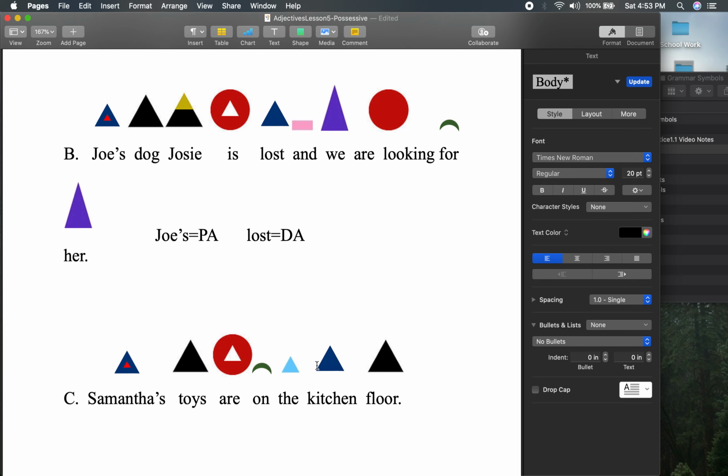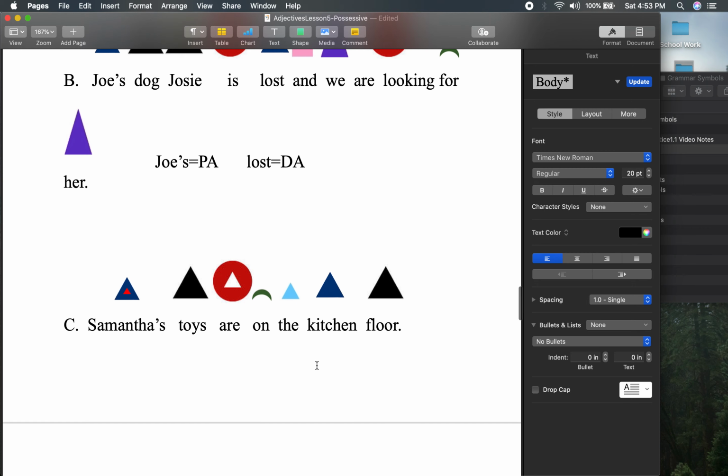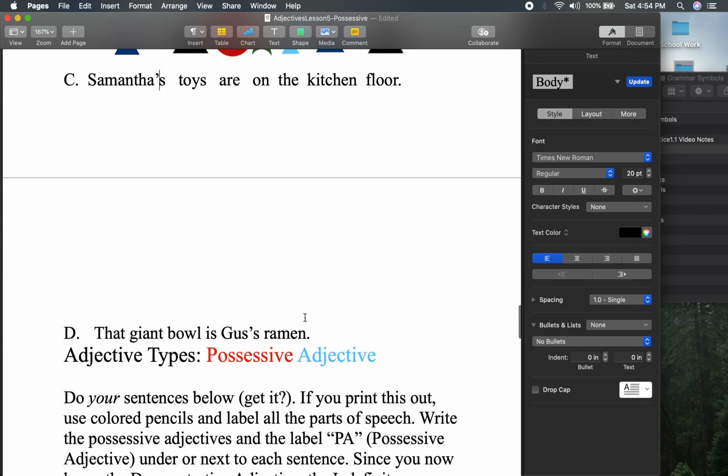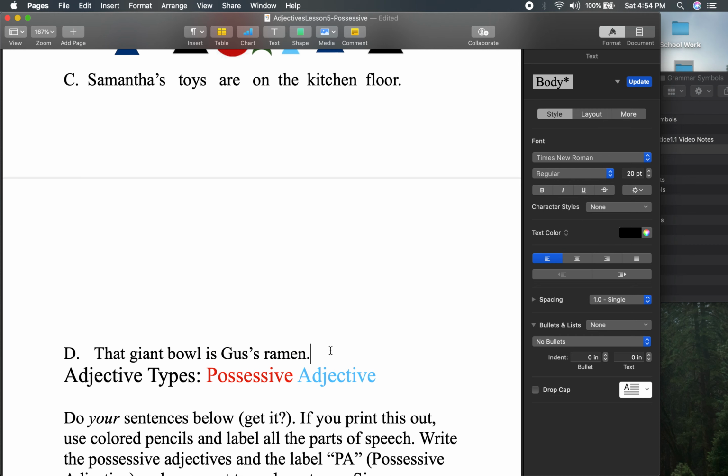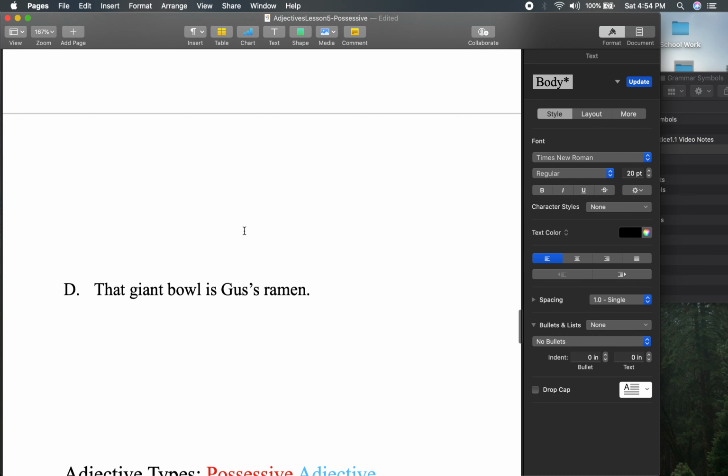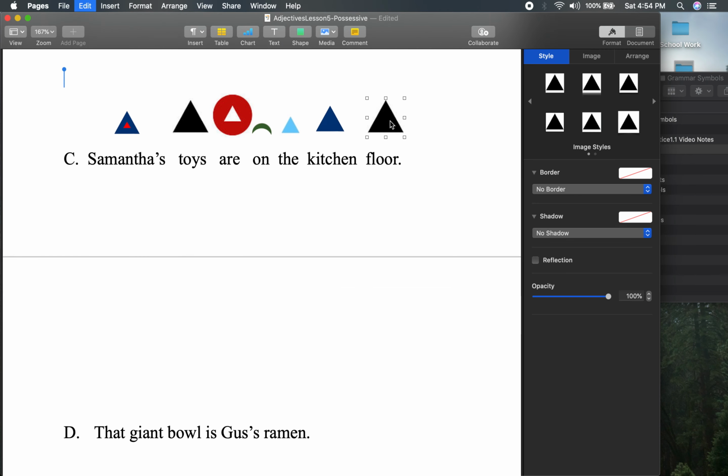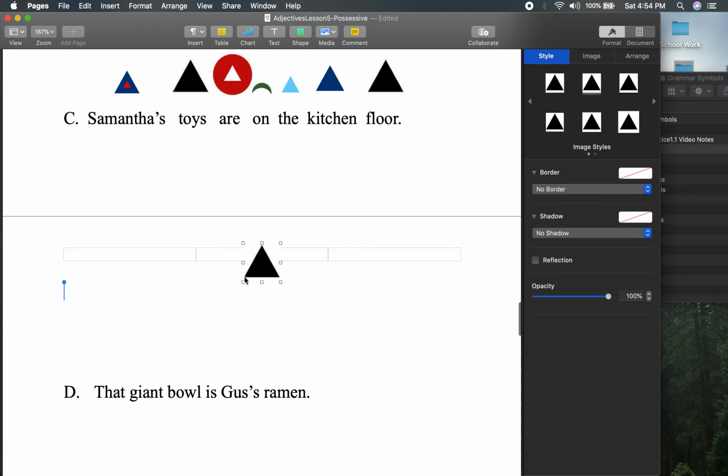Pick those toys up, Samantha. Okay. Oh, we have one more. That giant bowl is Gus's ramen. Gotta be very careful. Don't eat somebody else's ramen. Never want to do that. Nouns first. Okay. And